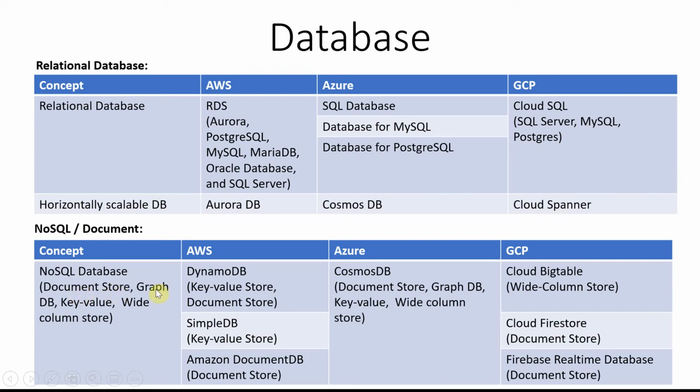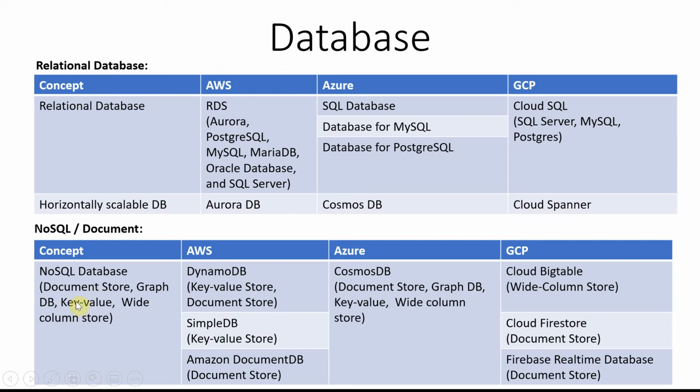Document store. If you're talking about something like Facebook, where a hierarchical relationship exists, like A knows B, B knows C, so obviously C knows B. If you want to model such relationships, popular use cases could be social media graphs, and then a GraphDB would be a suitable candidate. Other categories are key value store and wide column store.